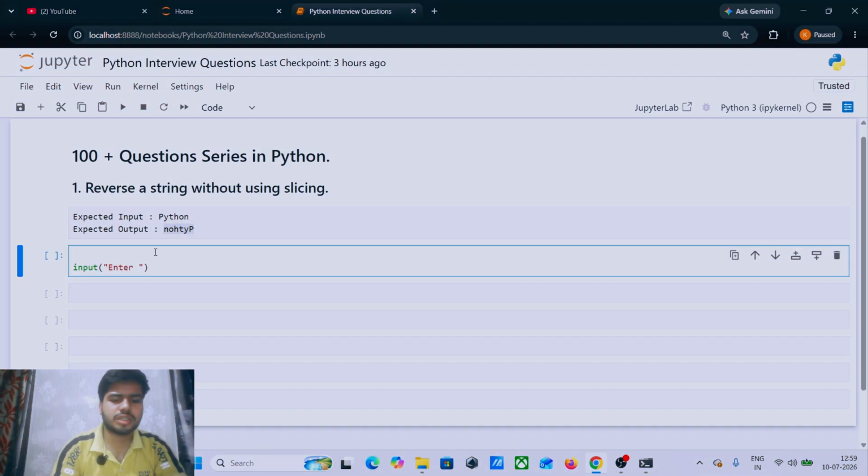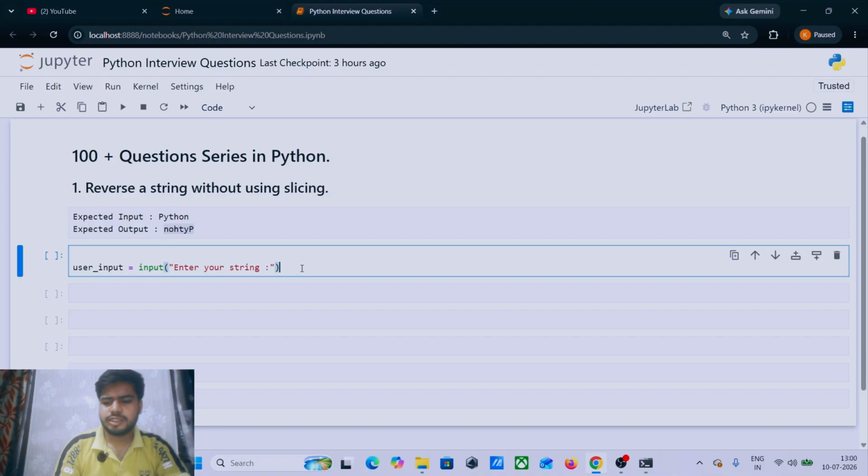This will ask the user to write something string related, like your name, someone's name or a city, whatever string you want. Here you can write: Enter your string.